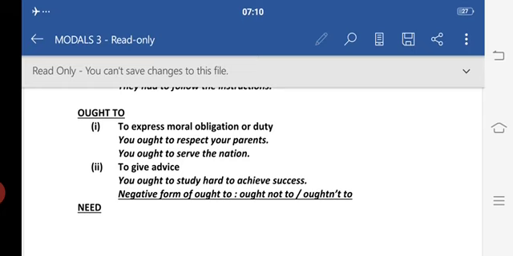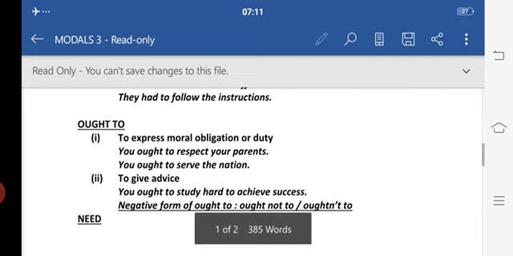Now if you need to talk about things which were desired in the past but didn't happen, you can use ought to plus have, then the verb's third form, that is the ed form of the verb. It means here it expresses regret, जैसे आप कहते हैं ना पछतावा, किसी काम को जो होना चाहिए था बट नहीं हुआ. In that case we use ought to also. For example, we ought to have locked the gate but unfortunately we forgot. हमें दरवाजे को ताला लगाना चाहिए था बट हमने नहीं लगाया.